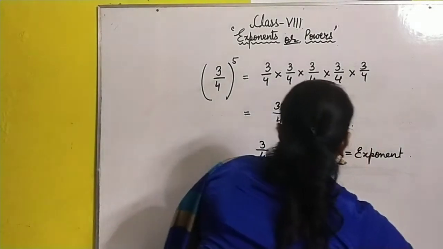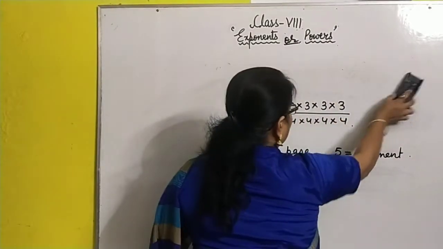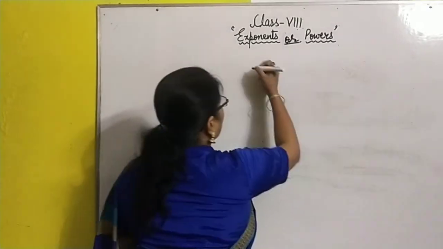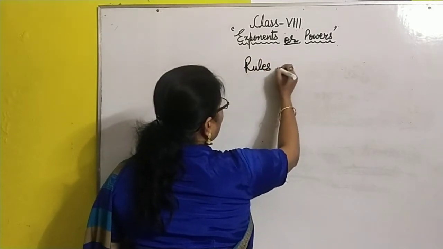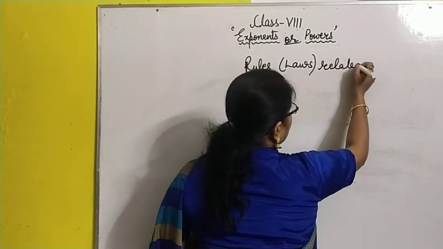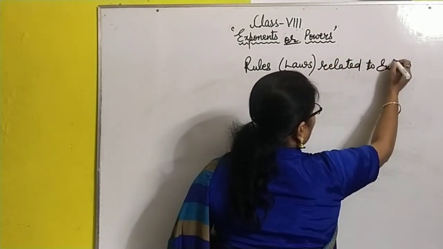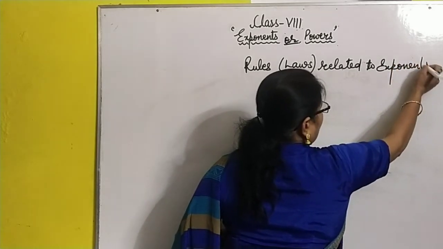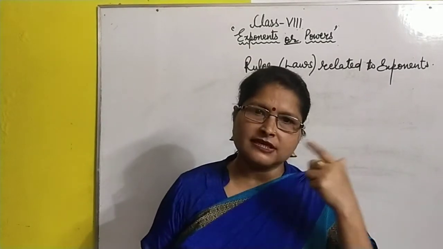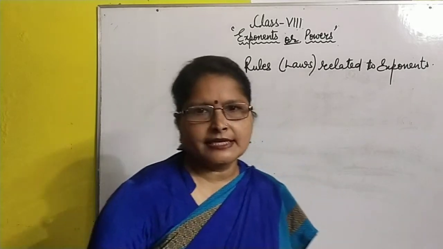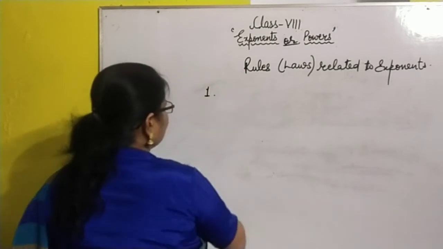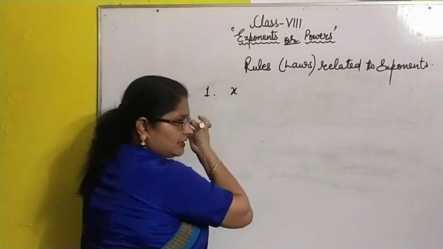Now I want to tell you some rules, or laws, related to exponents. These rules are very important to know, because on the basis of these rules you can solve the questions very easily. I am taking this as the first rule, and it says: if the bases of the numbers are the same